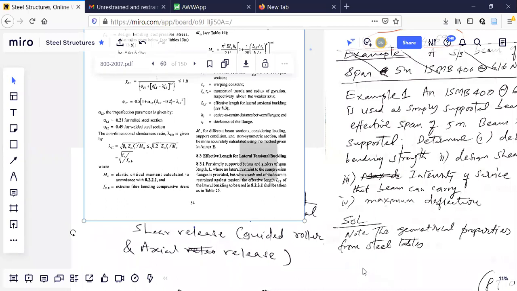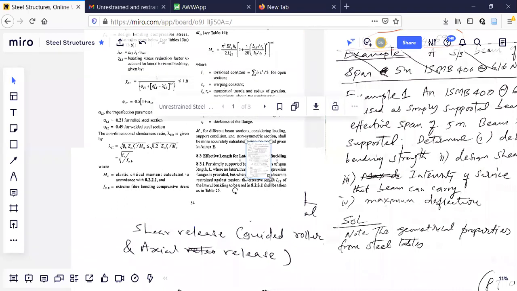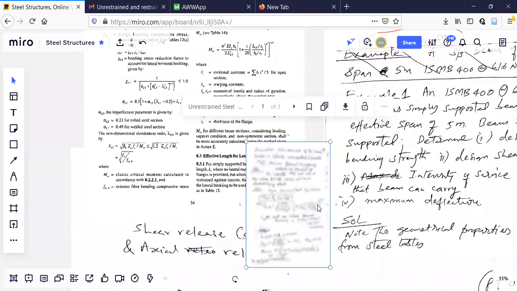I'll show you unrestrained. I'll just finish it in 5 minutes. Then I'll go to the unrestrained. Restrained I'll take less time. Restrained was there in 6th semester. In restrained, I'll tell you how to find the EMD, whatever problem I told you.